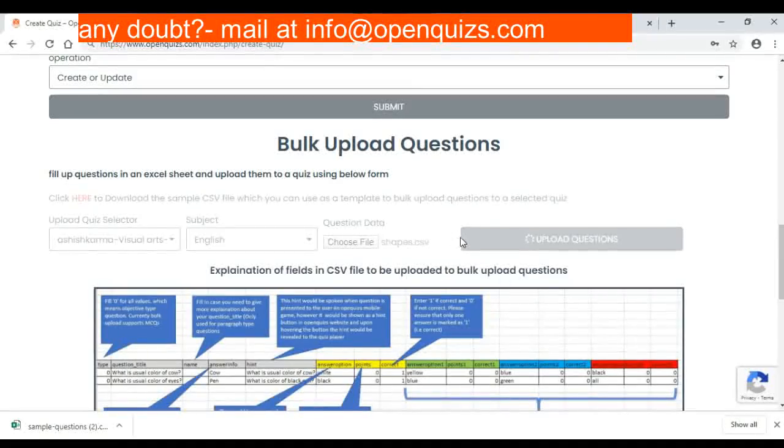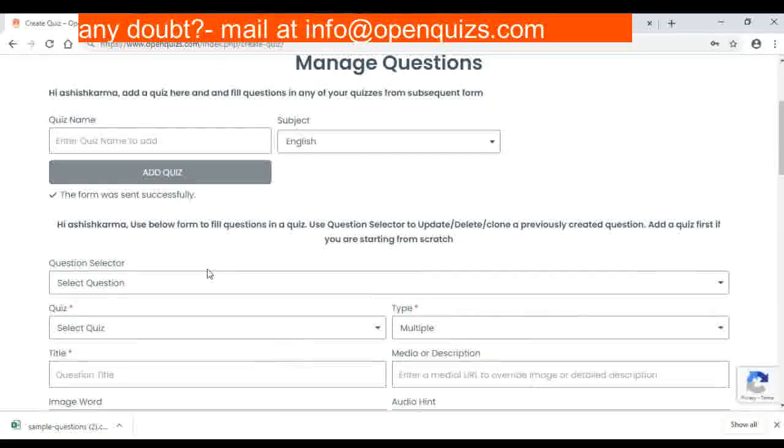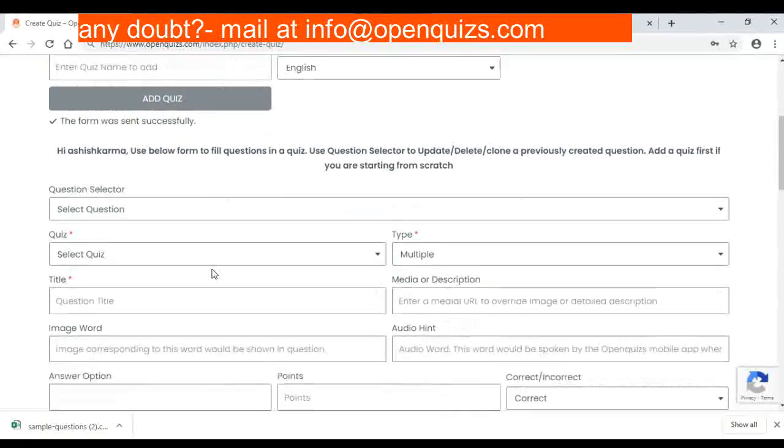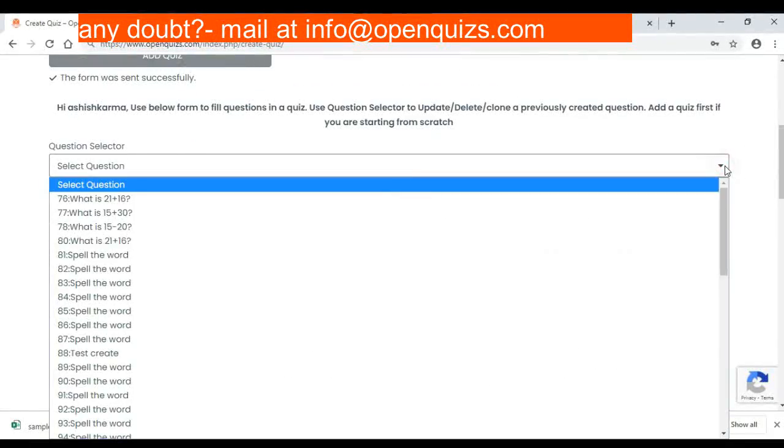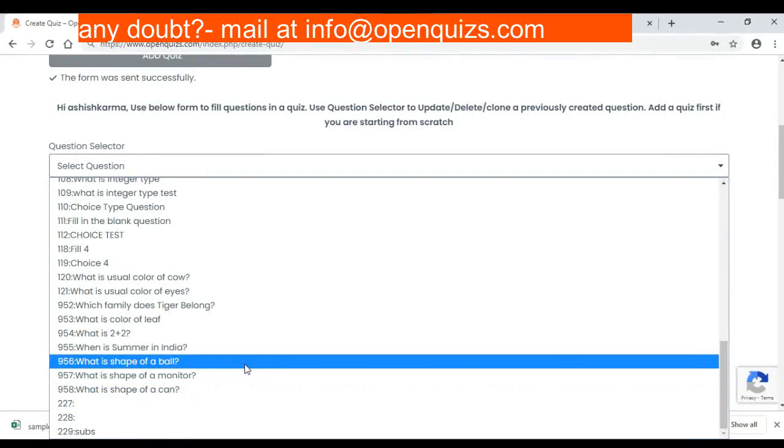It will take some time because it is validating a lot of things in the back end, whether the questions are correct or not. Okay, now it is all done. If you see the question selector, see all the new 3 questions that have come.